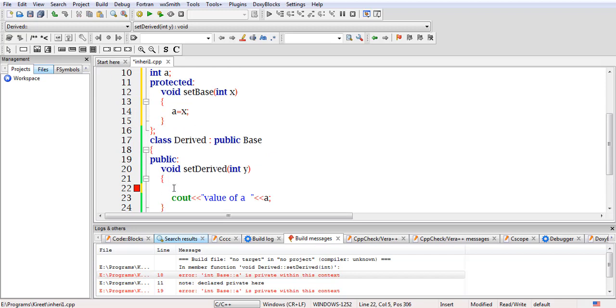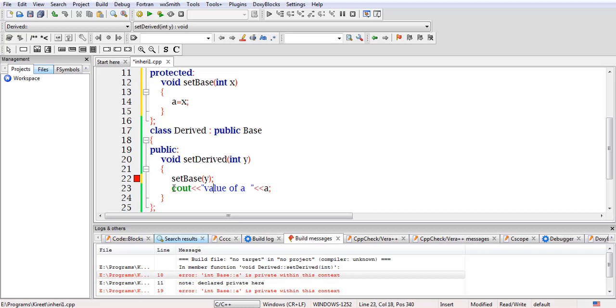Inside this derived object, I will be invoking the method set base, and passing y inside it. You will come to know why I have implemented it like this.